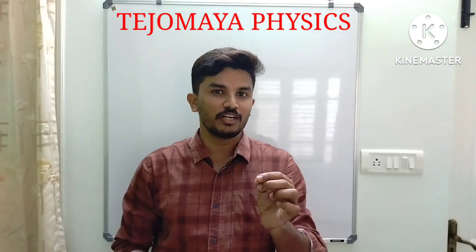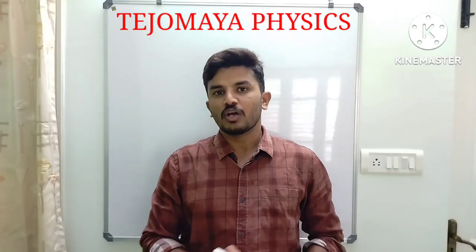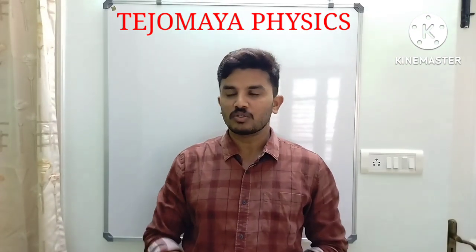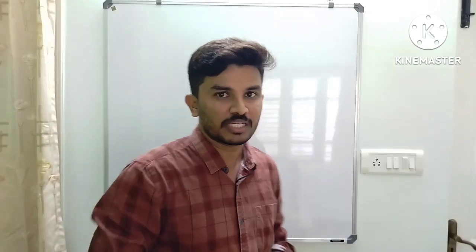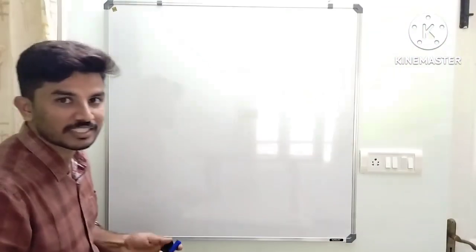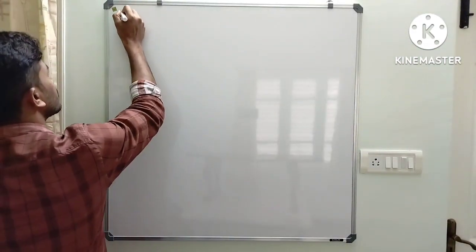Today I am going to explain two important concepts. One is Biot-Savart's law and the second one is the magnetic field produced due to a circular current carrying conductor on its axis. Okay, so we are going to find out the magnetic field formula. For this you should know a few basic things. Along with the concept, I will explain the basic things and we will derive the expression of the magnetic field also. This concept is from the chapter Moving Charges and Magnetism.